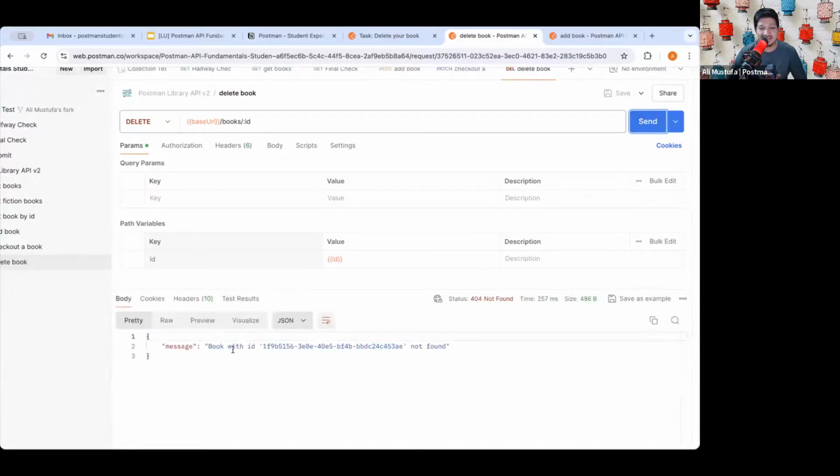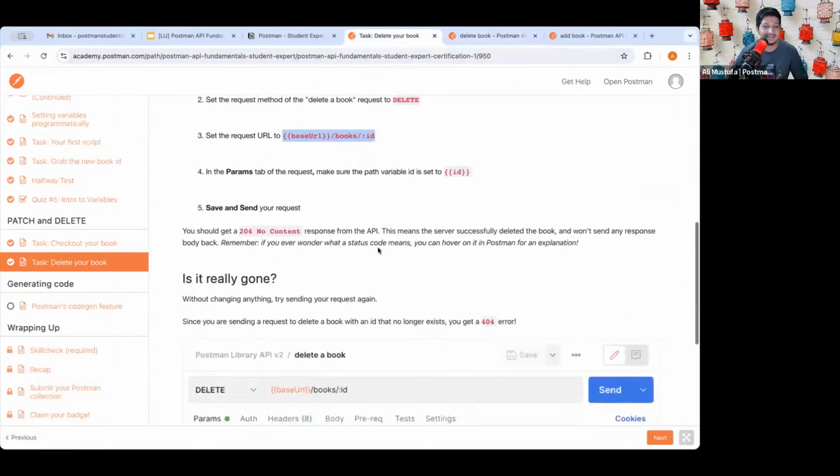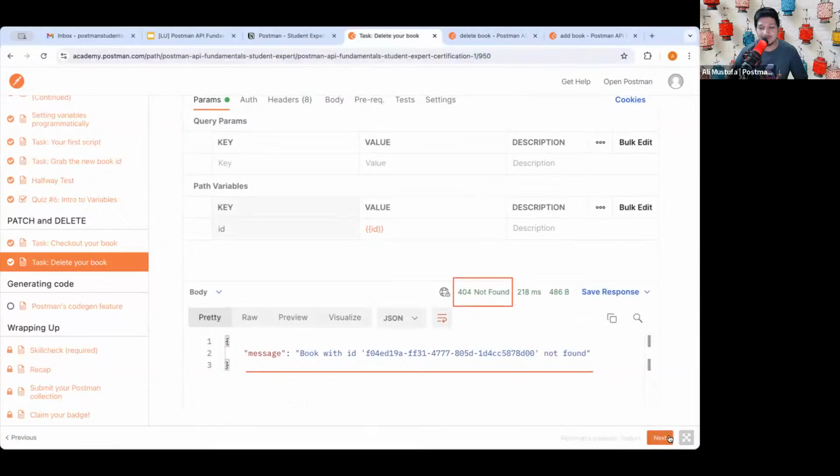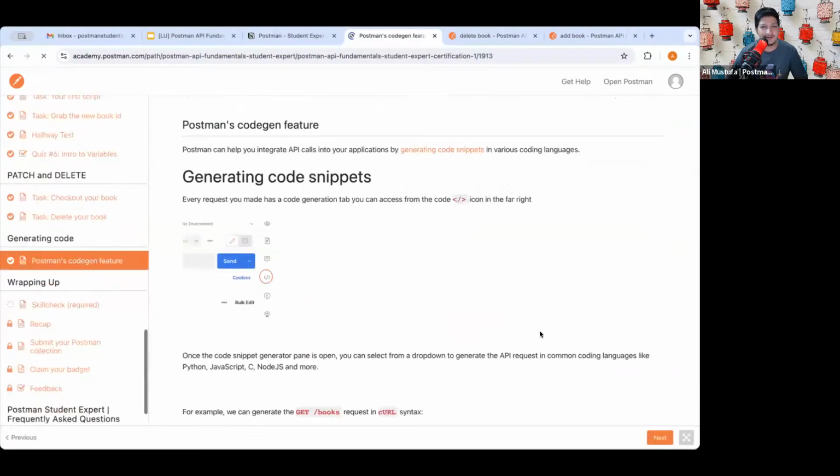You can see that it says 404 because we already deleted the book, right? So it no longer exists, and that's why it says 404. Yeah, nice. Okay. So let's go next, and I'll show you one useful Postman feature,